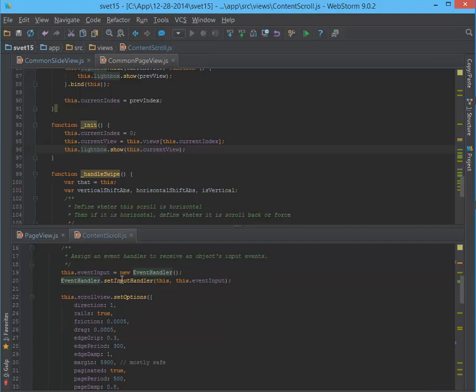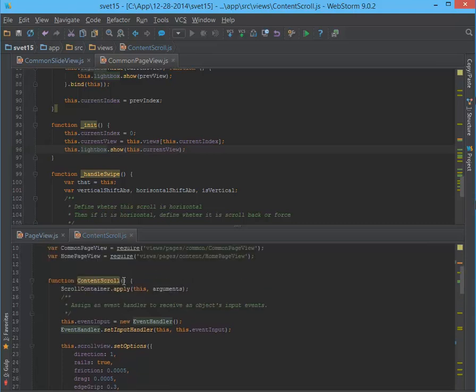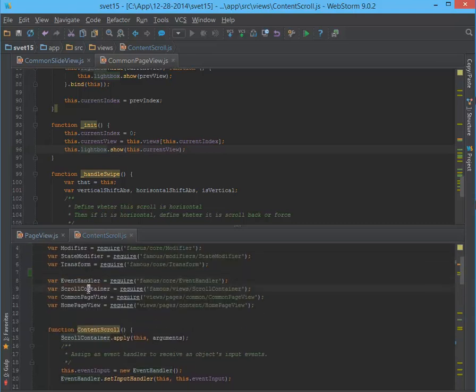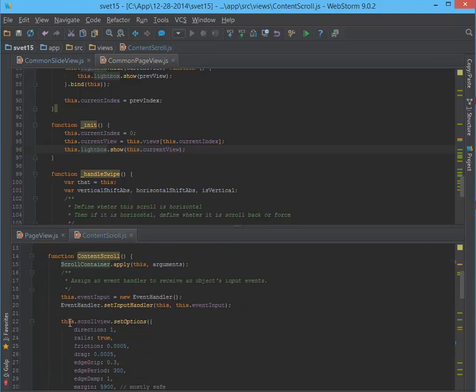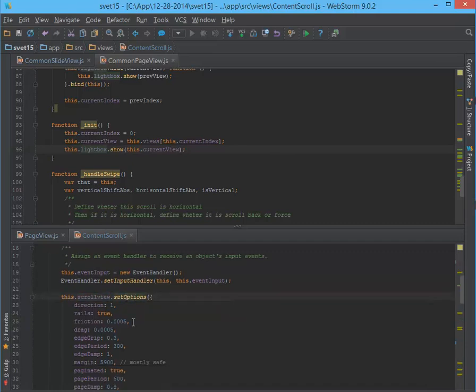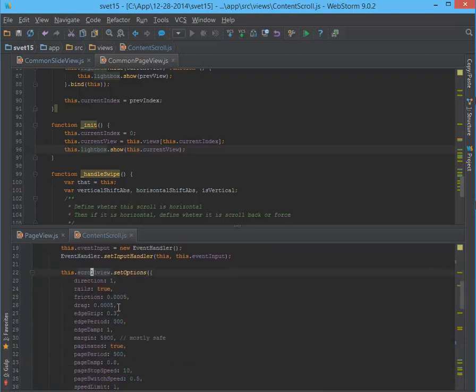On content scroll we also require scroll container, and using scroll container creates a container surface with a scroll view automatically added. So by requiring scroll container, we can use this object's scroll view, and set the options method on our scroll view that is created by scroll container,